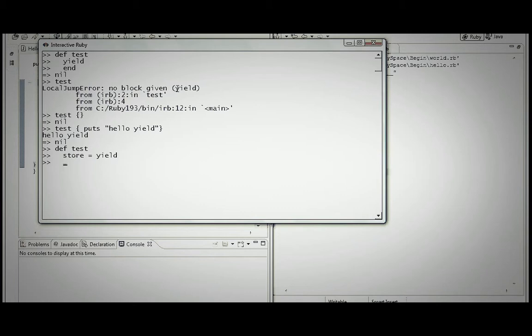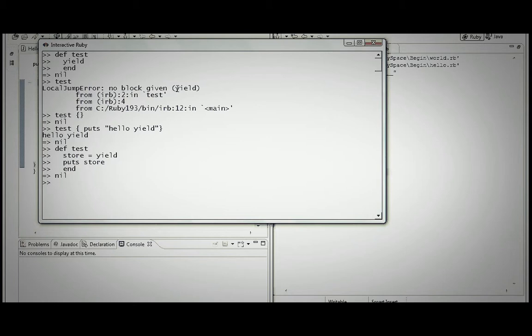And so this variable store is going to hold whatever the block of code is going to pass to it, and then we can do puts store, so we're printing out the variable store, which is going to come from the block of code. So if we do end,